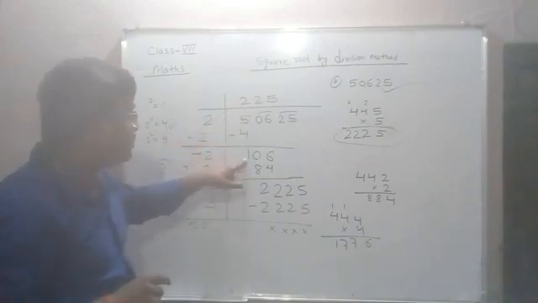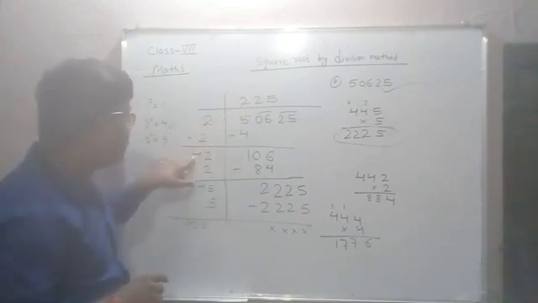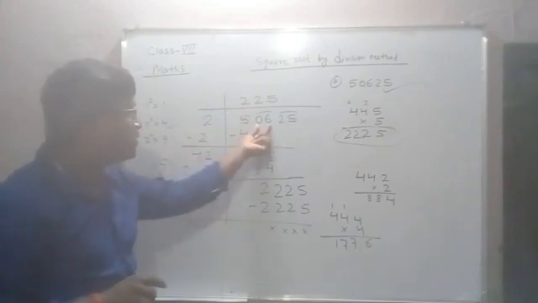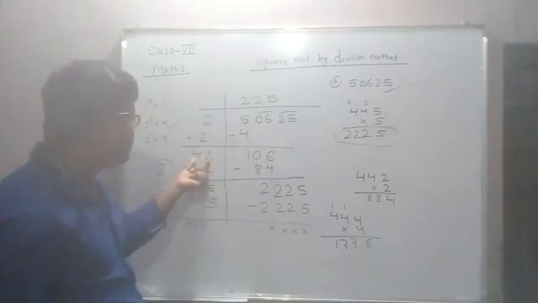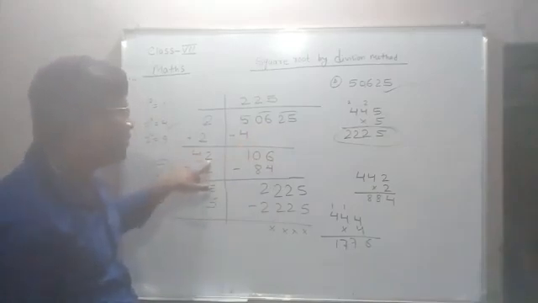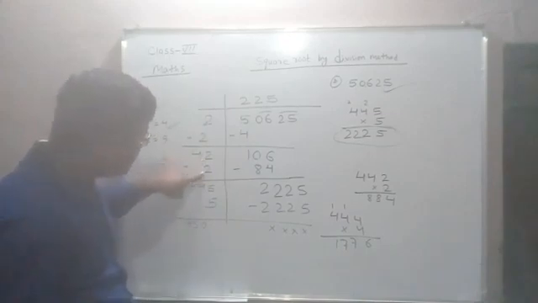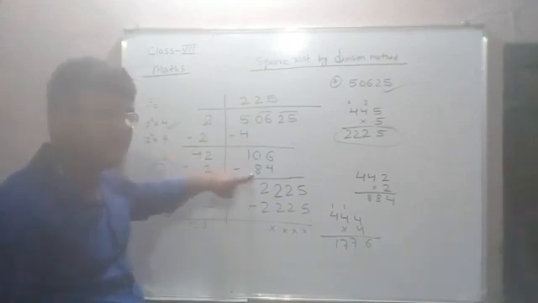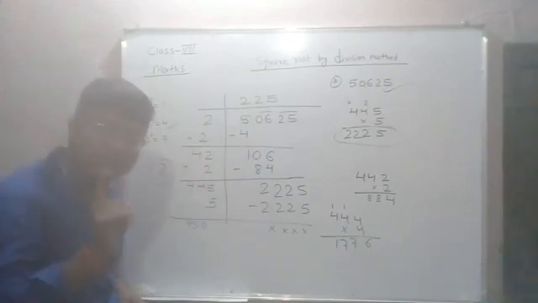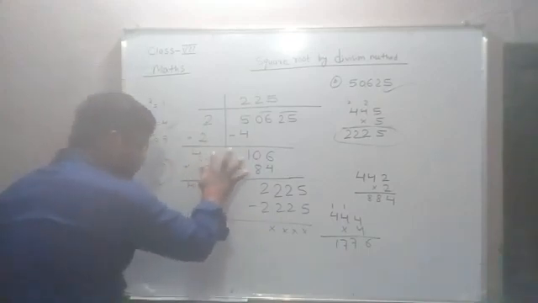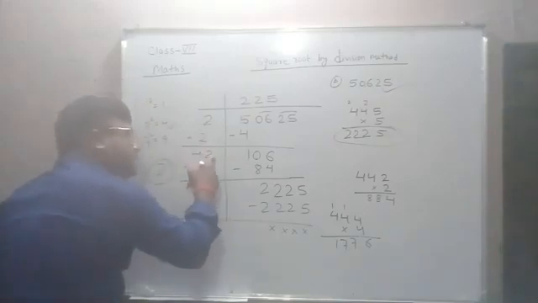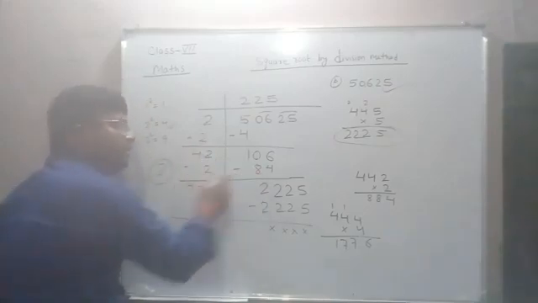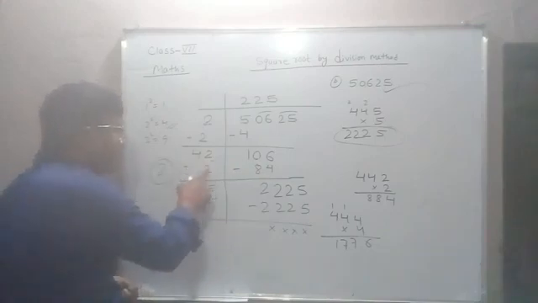Here we do subtraction and get 1. Here we do addition and get 4. The next two digits come down, so it becomes 106. Now, for this 42, which number do we need to place here? As I explained earlier, the number which we place here, we multiply by the same number and write it here. Once again, listen very carefully. First of all we get only the 4. The number which we place here, we multiply by the same number and write it here, and we need to add this and write it here.